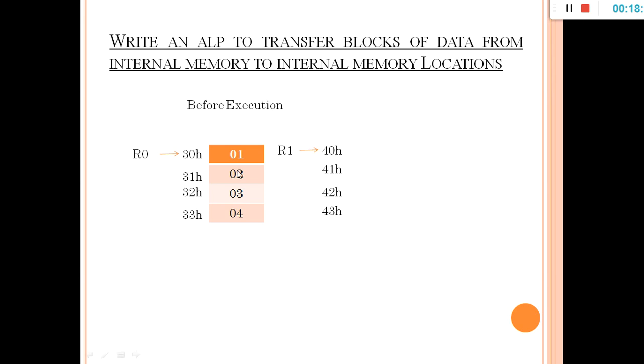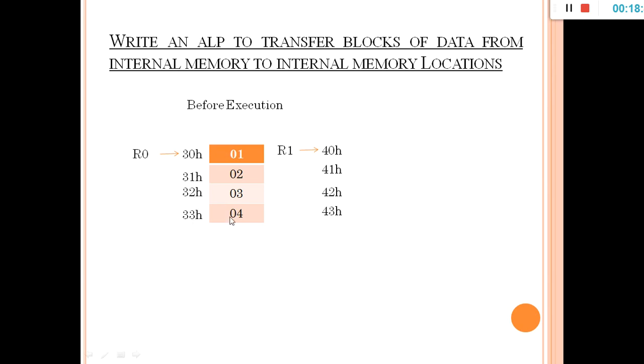So here I took internal memory 1 as 30H and internal memory 2nd as 40H. So now I am moving the data which is present in 30H on to the 40H. So now, you can write the program in terms of direct addressing mode or indirect addressing mode or any other mode. So usually I use indirect addressing mode so that I have to point pointers here for the address. So now I took one internal memory as 30, then I go on incrementing.